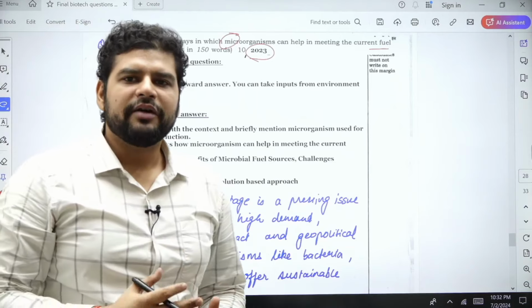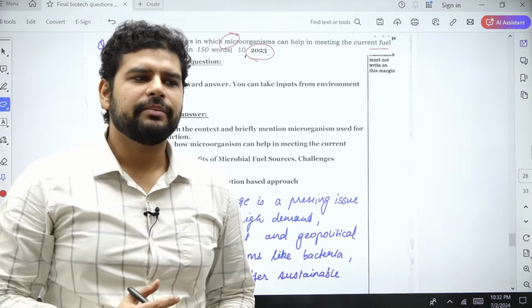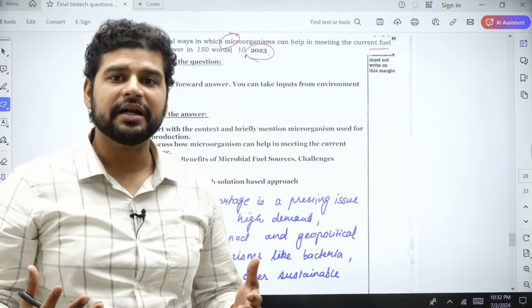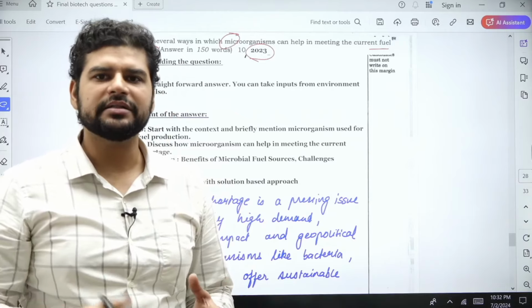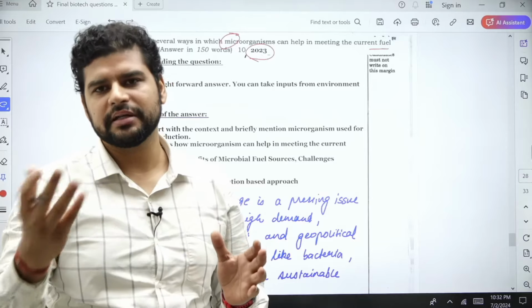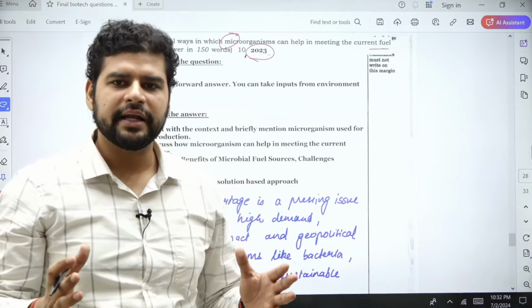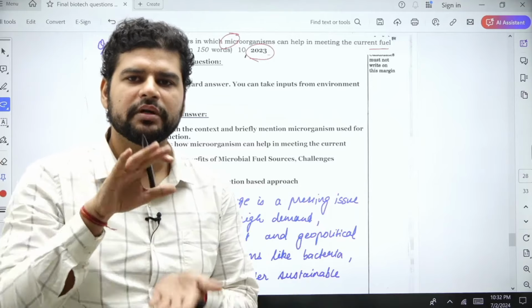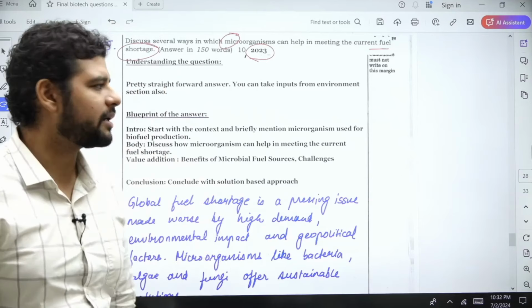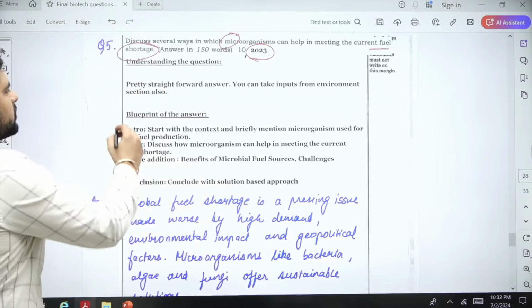The point is you have to be ready with content. Many times you will develop the answer on the spot, but that doesn't mean you will create the content on the spot. You will create the structure. You will just catch things from other sides, other subjects also. You will relate everything and then club it up to give a good package, right? So this is how it actually happens in the main examination. So what is the blueprint?